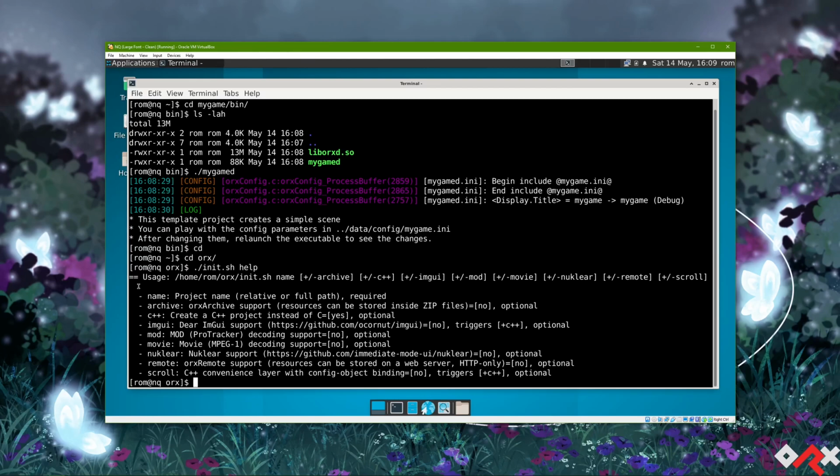So the name of the project is required, and that's basically where the project is going to be created. If the project was already created, it's going to be overwritten, and there's going to be a message warning you about that. The archive extension is basically the support to put all your resources into a zip file. So like one or multiple zip files, you don't have to stick with just one. So basically, instead of having all your textures and sound and config everywhere on your file system, you can put them all inside the zip files and reference them through Orx, and Orx will be able